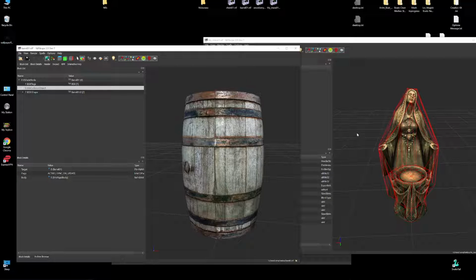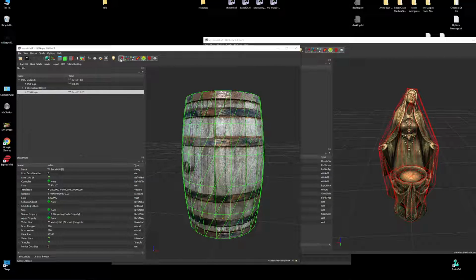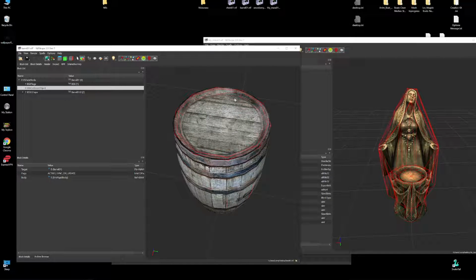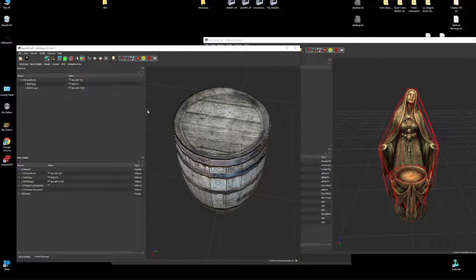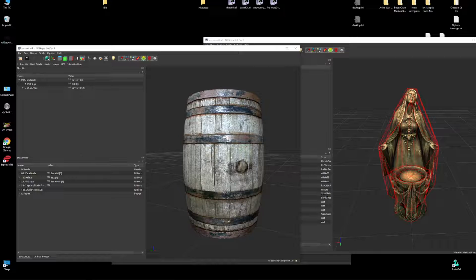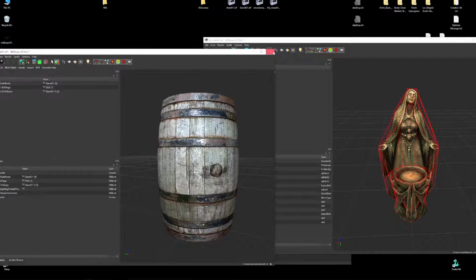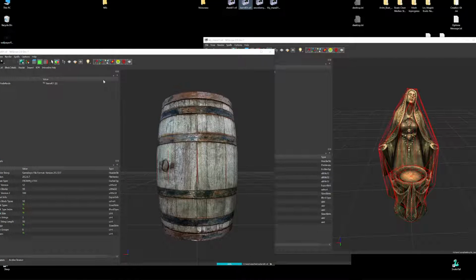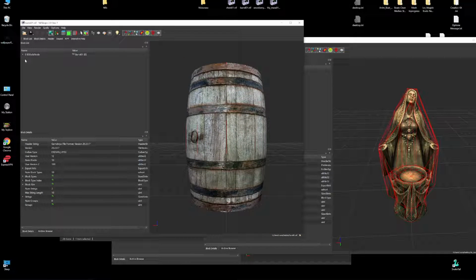A collision is the red part right here. If I delete this collision box by removing branch, it takes collision away. You would walk right through this, but we don't want to do that. So I'm going to hit no. I'm going to reopen it. Now to the fun part.